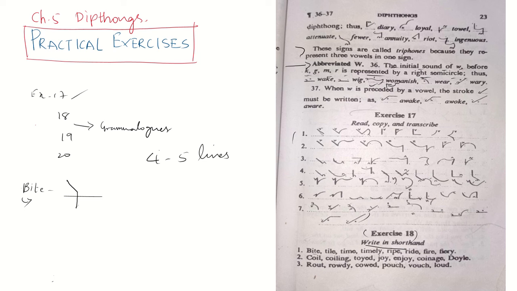After that, see here. After B, the vowel is following B. There is no vowel before B; the vowel is on the following side of B. So we have the vowel after B. I is a first place diphthong. Obviously, when you're writing B above the line, the vowel should come here or here. Either of these two sides will come. So you're following, right? Put that I symbol there. Simple: bite. Like that, practice bite, bite, bite, bite. Likewise, practice 4 to 5 lines.